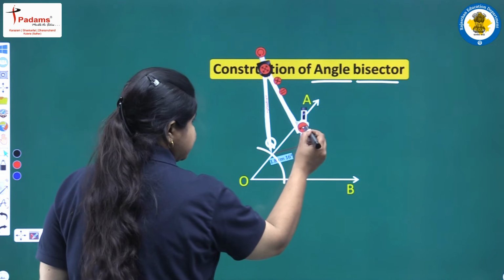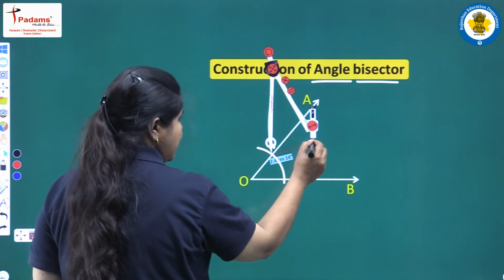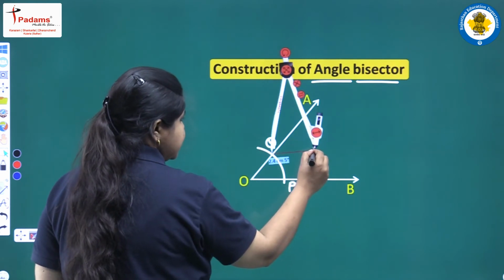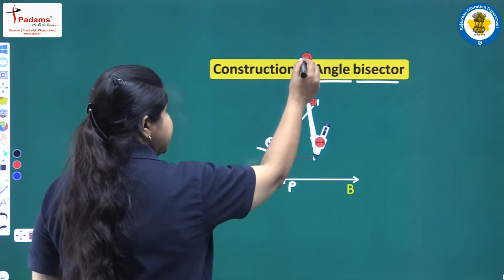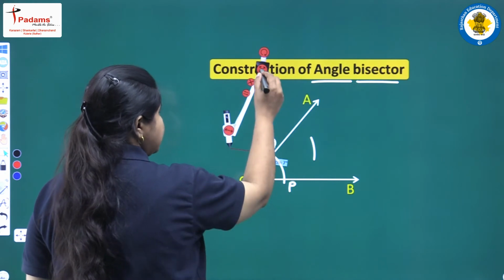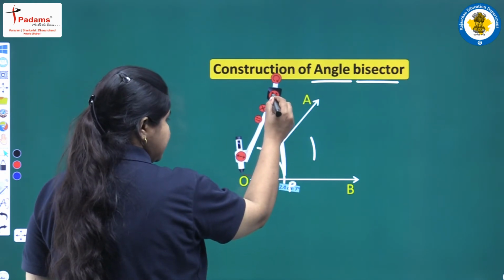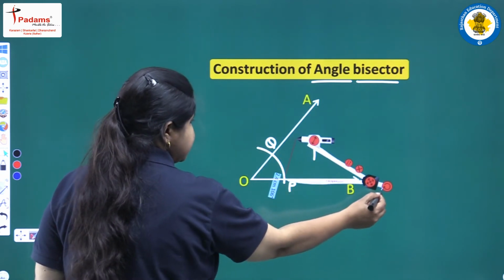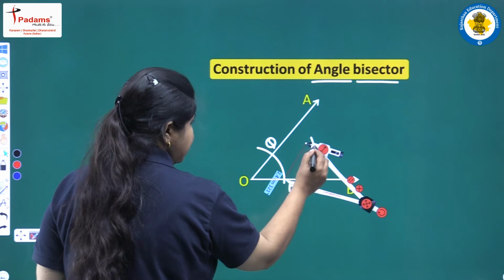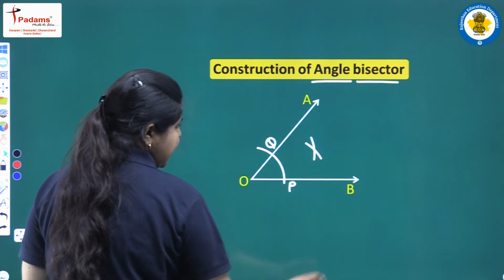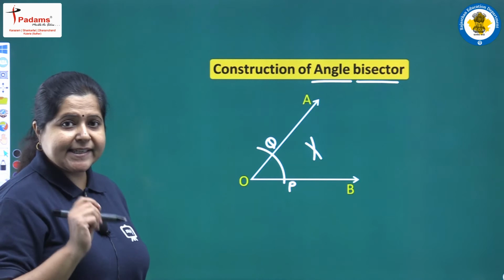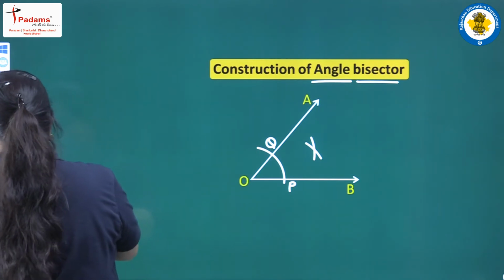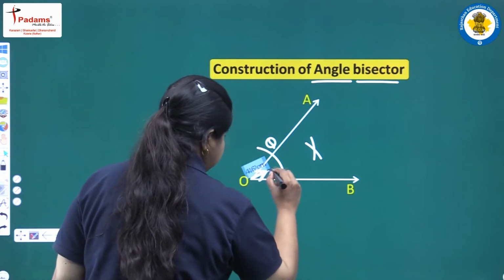Let me select it to some point here, and now we will draw one arc in this way. Yes, then what we have to do? We will not be changing the radius this time, keeping it at P. Again we will draw an arc with the same radius in this way. You can see here. And now we get the point of intersection of these two arcs. Simply now join this O with point of intersection in this way,